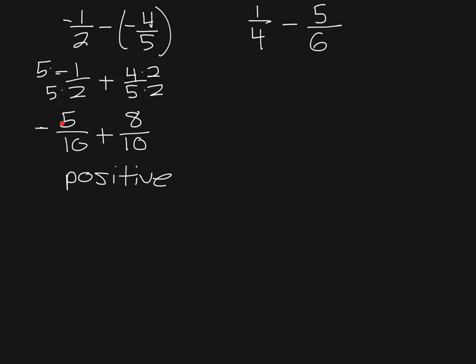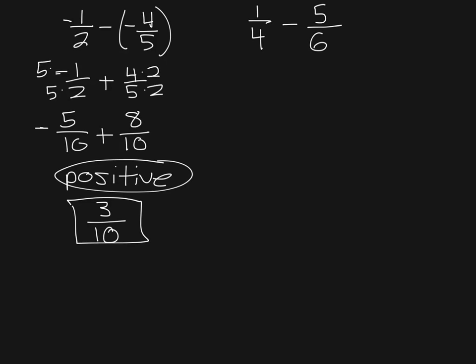And I know there's going to be some canceling, negative 5 plus 8. So I'm going to have to subtract the absolute values. 8 minus 5 is 3. My denominator stays the same. My answer is positive, and I cannot simplify that. That one is done. Our second example over here for subtraction, once again, I'm going to change this to an